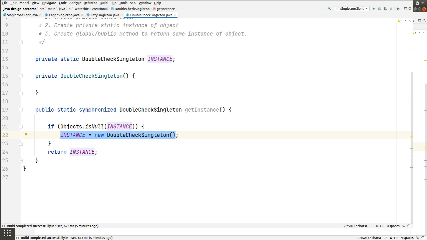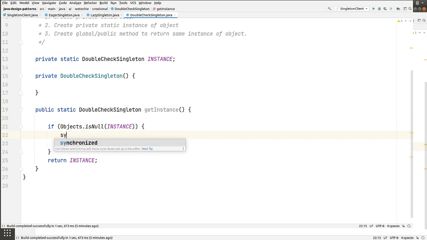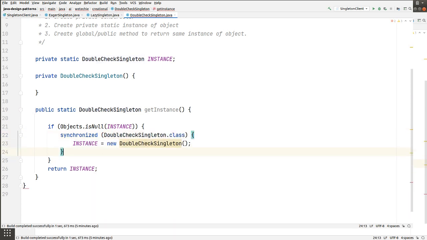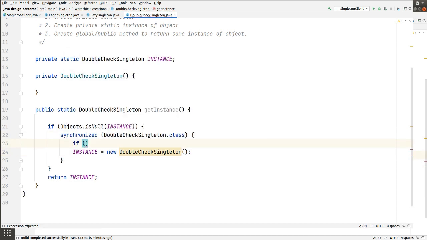So instead of making the whole method synchronized, we can create a synchronized block, and that synchronized block will be on the DoubleCheckSingleton class. Inside this we again check whether the instance is null.